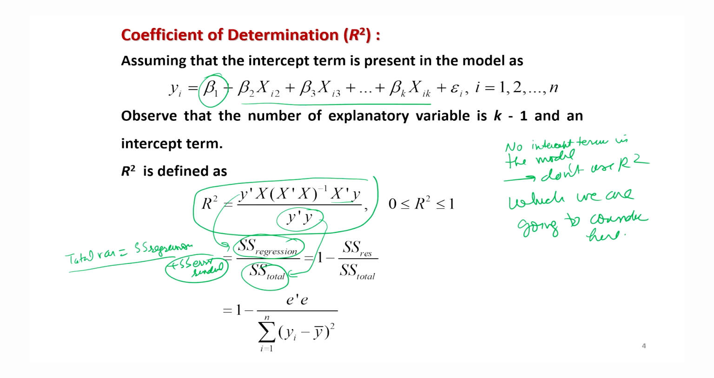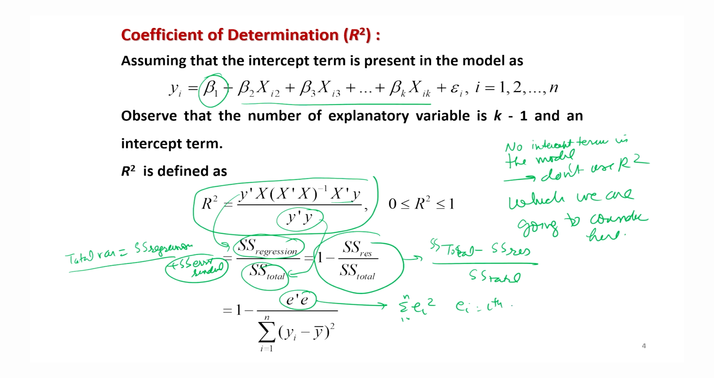So now using this result, I can also write down here SS regression as TSS, or say SS total minus the sum of squares due to residual, divided by SS total. This can be written as 1 minus SS residual divided by SS total. Now SS residual can be obtained by e transpose e, where this is actually the summation of e_i squared,